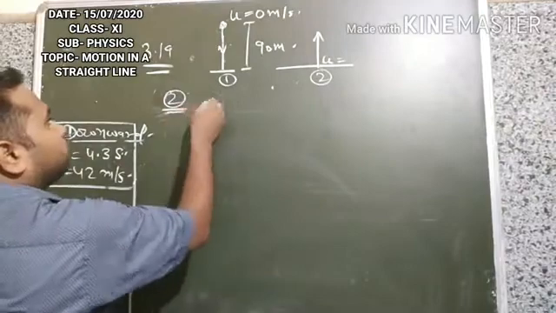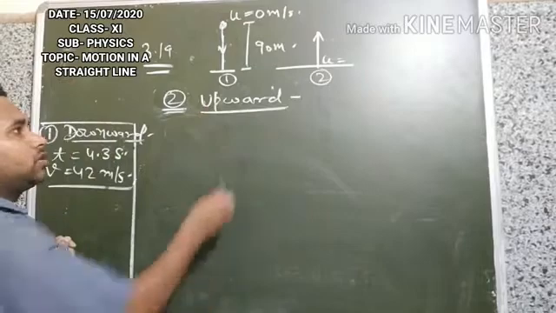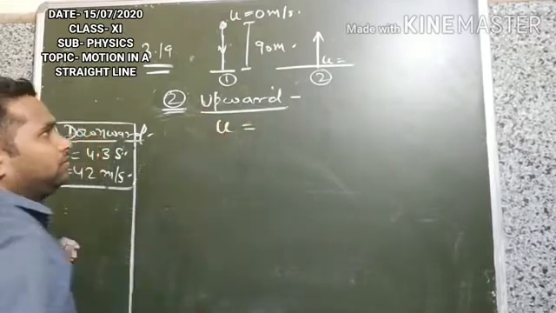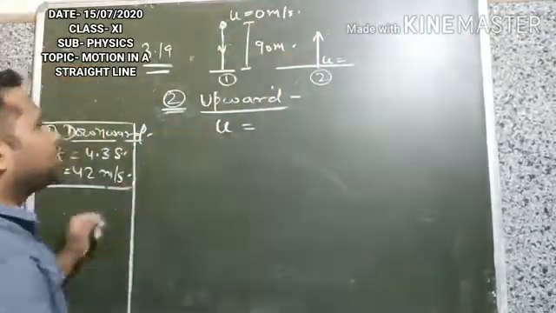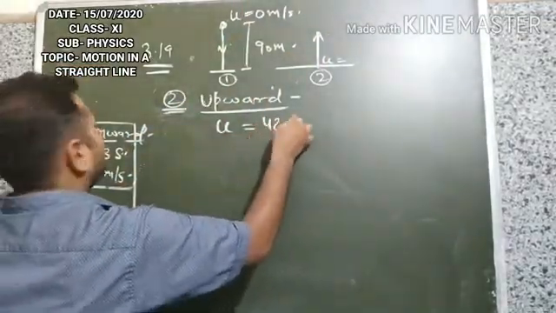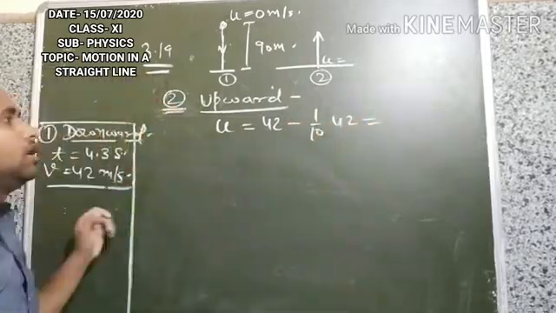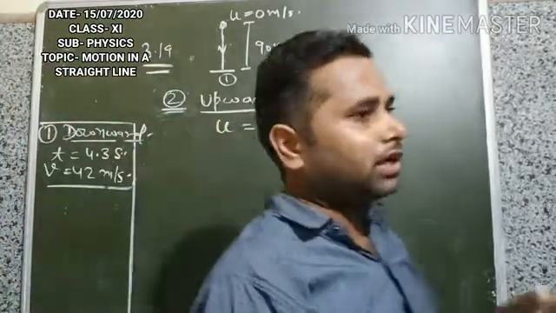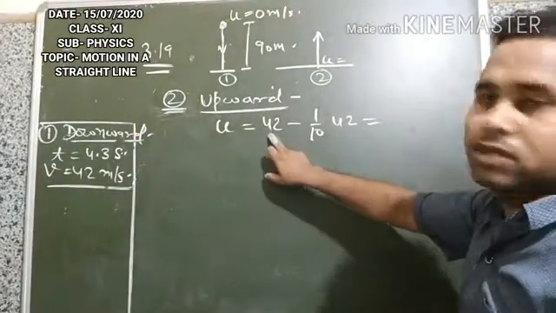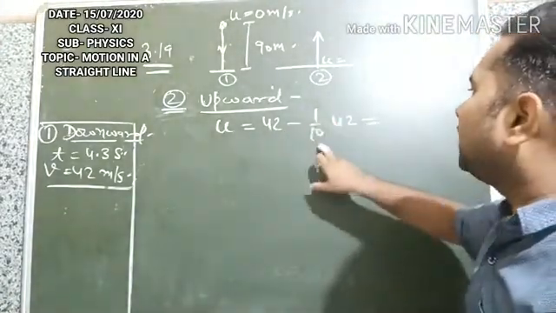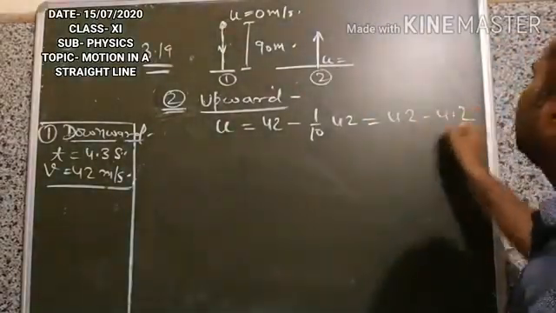So in the second part of the motion, that is upward, the initial velocity in this part, when it is going in the upward direction, will be 42 minus 1/10 of 42. This is given in the question. क्या हो रहा है, उसकी वेलोसिटी 1/10 लूज कर जाएगी, तो जो बची वेलोसिटी है उसी से वो ऊपर जाएगा. सो 42 ये तो थी उसकी, एंड कितना कम हो गया, 1/10 of 42. सो इट इज 42 minus 4.2, near about